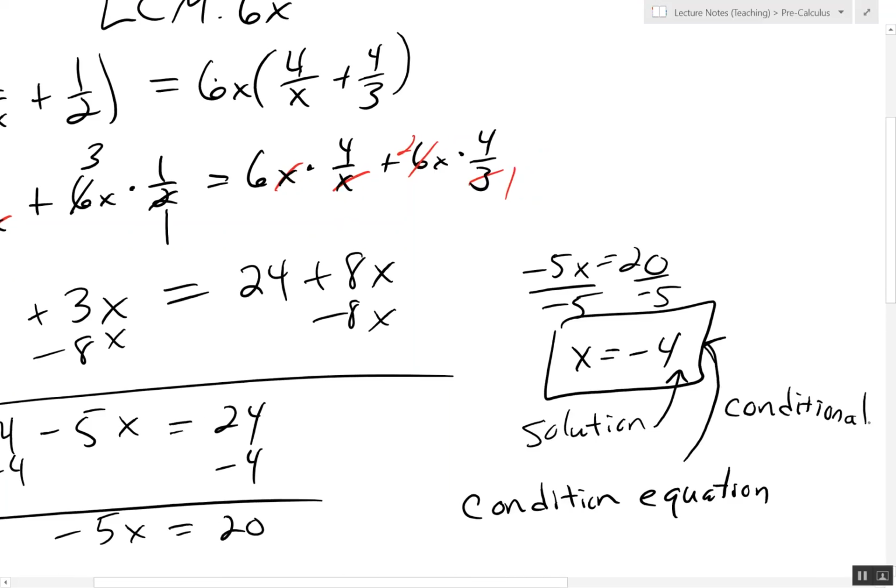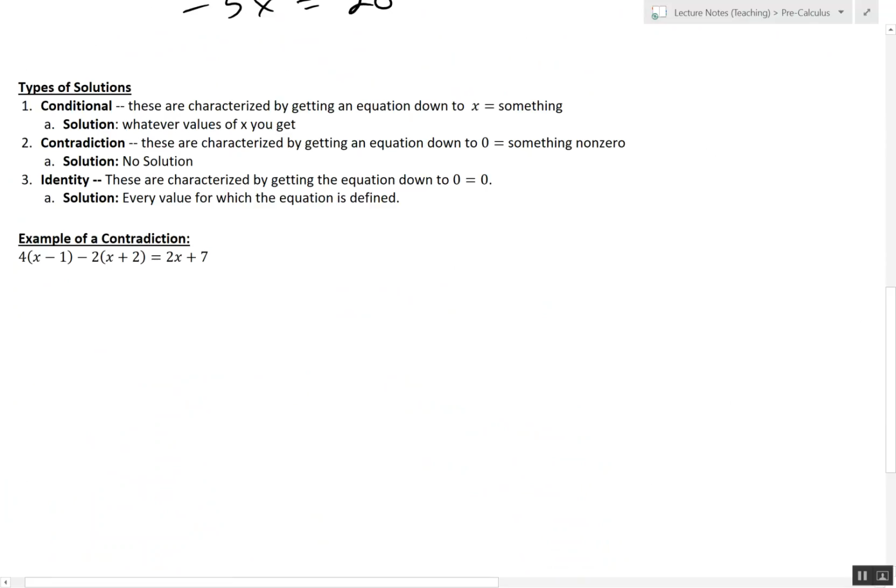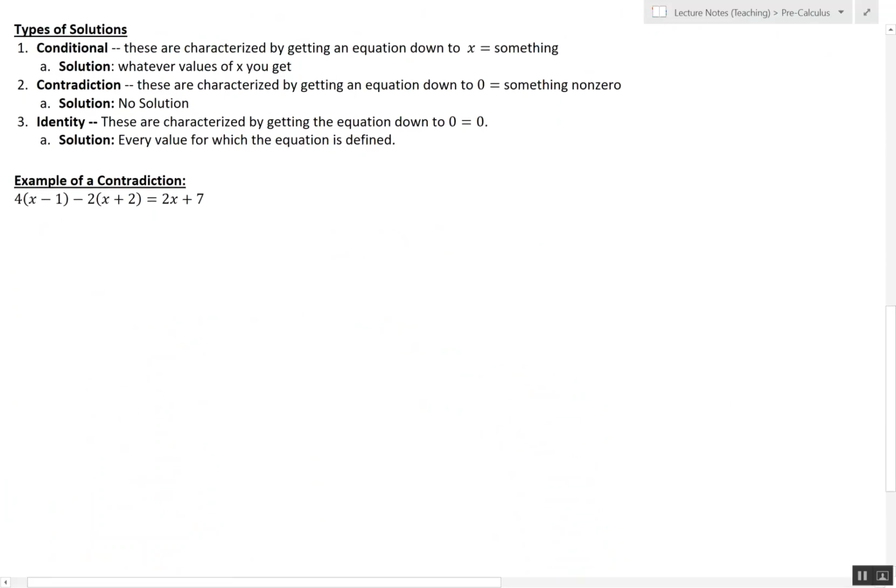But there are two other types of solutions you can get besides conditionals. So let's look at them. So, types of solutions you can get. You can get one like this last example where they are conditional. These will always look like x equals a number or x equals some numbers. So in later sections we'll have possibly more than one solution. And the solution, just like above, is whatever values of x you get, because those are the only conditions that